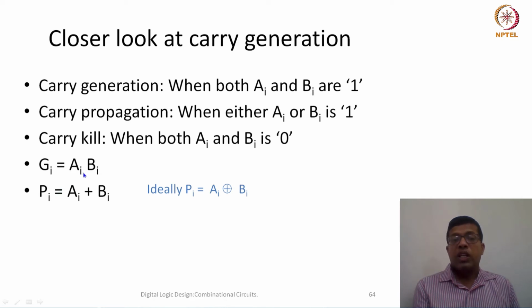Okay, so when carry propagation means either it would be generated or propagated. So this Pi definition is more generic, which means that carry would be propagated. That essentially means if there is a carry from behind and if Pi is 1, then it would be propagated to the next stage. So which definition of Pi should we take?